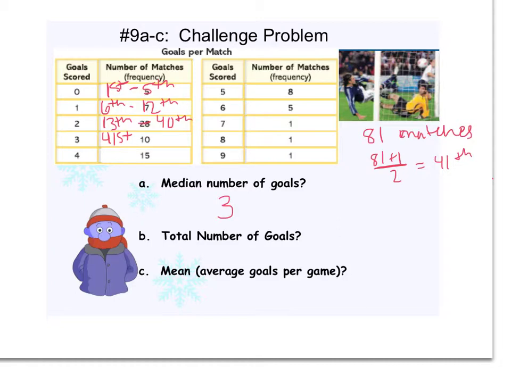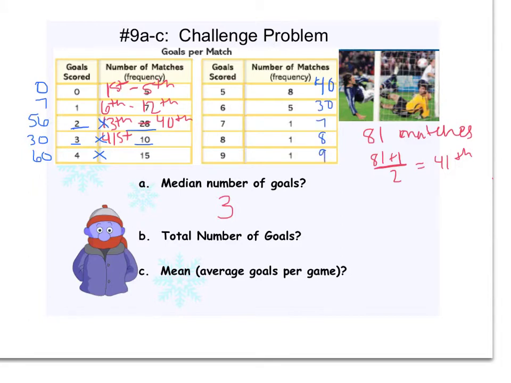To find the total number of goals and the mean, I will use a different color to try to squeeze it all on one page. Total number of goals. They scored 0 goals in 5 different soccer games. They scored 1 goal in 7 different games, a total of 7 goals. They scored 2 goals in 28 different games. 28 games of 2 goals each would be 56 goals. 3 goals in 10 different soccer games would make a total of 30 goals. 4 goals in 15 soccer games would be 60. 5 goals in 8 games would be 40, and then 30, and then 7, 8,